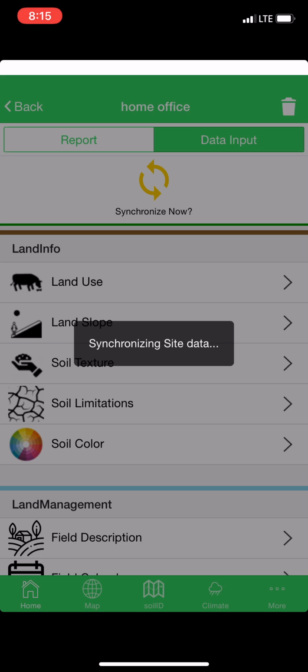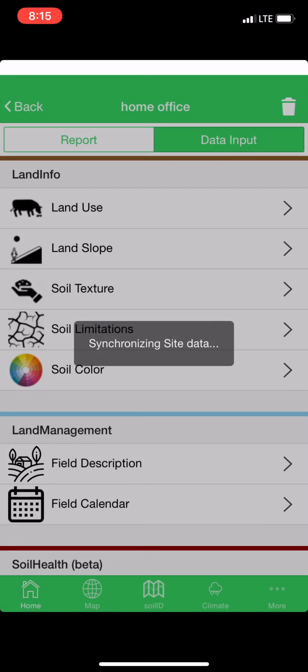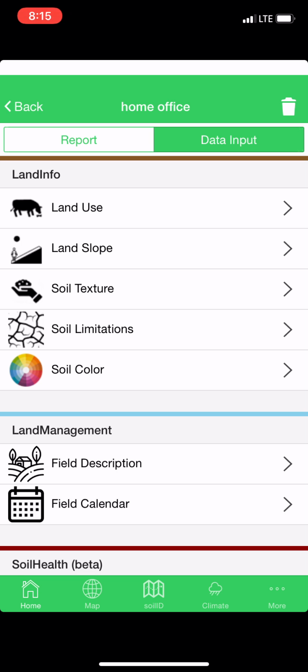I'm going to click on that because that's telling the phone to send up all my data to the cloud. So it's basically saving my data to the cloud. We have a special button because let's say you're in Africa in a small little village and don't have good cell service, you don't want your phone to constantly be trying to find service and be trying to find the cloud, because it's not going to find it. So that's a way you can,